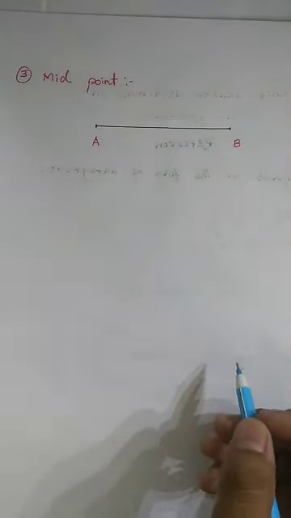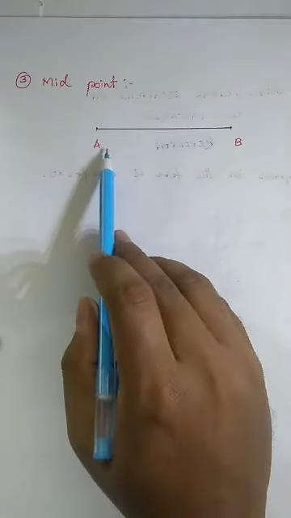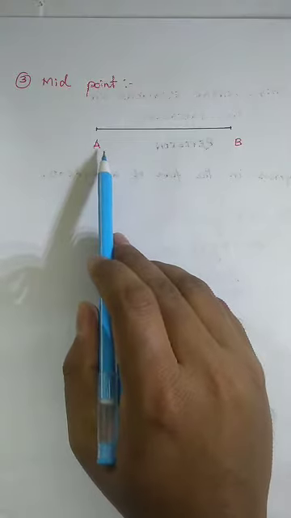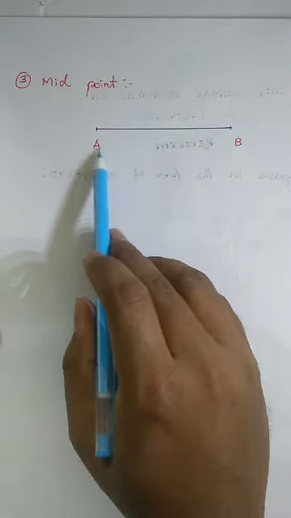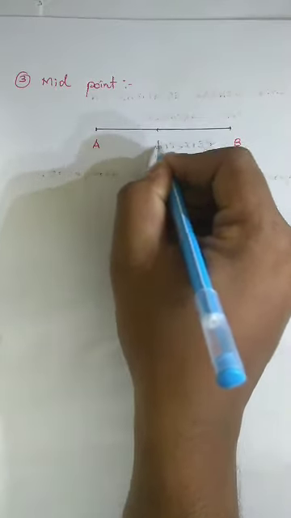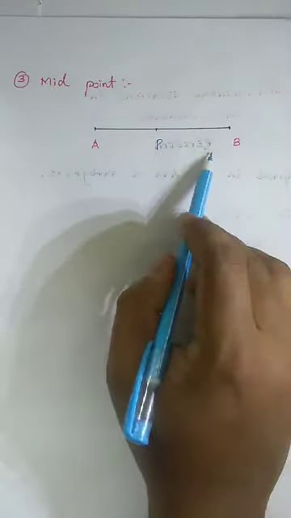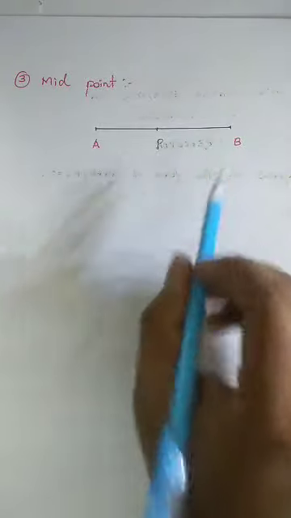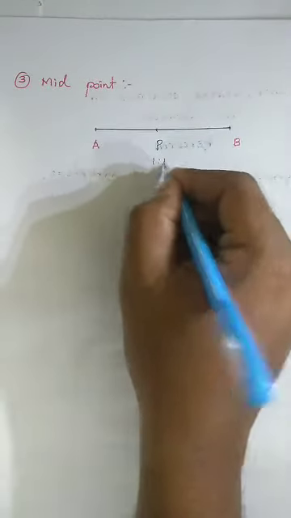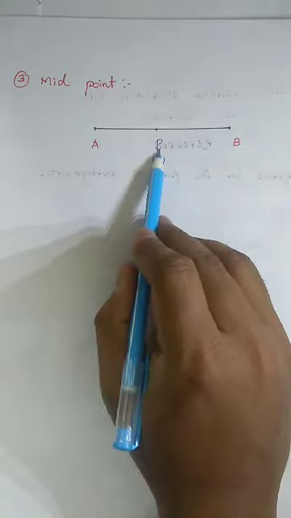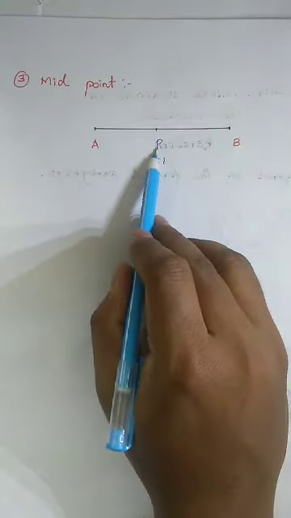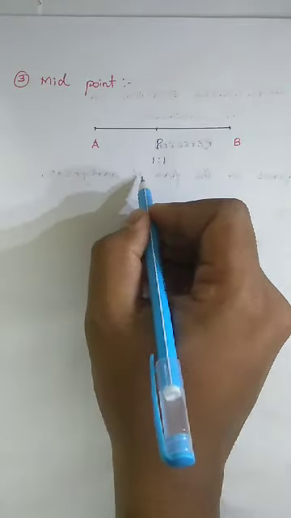Next, we are going to see midpoint. So for midpoint of a line segment, suppose we take a line segment AB. We are dividing it at a point P in a ratio. P equally divides the segment, so the ratio should be equal. If the ratio is equal, the given point is the midpoint of AB. So now P is the midpoint of AB. So how will you find the midpoint value?